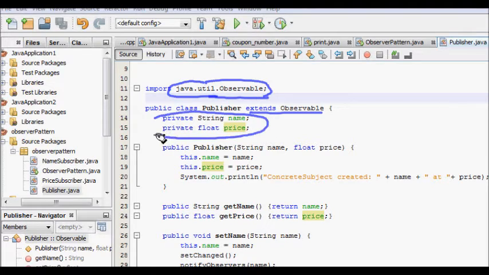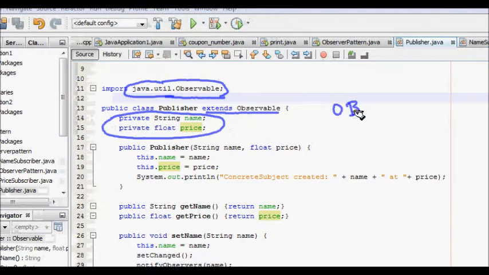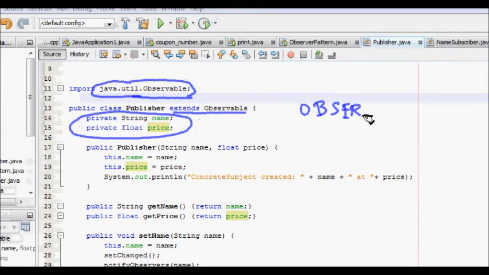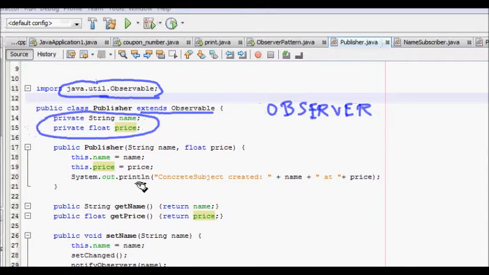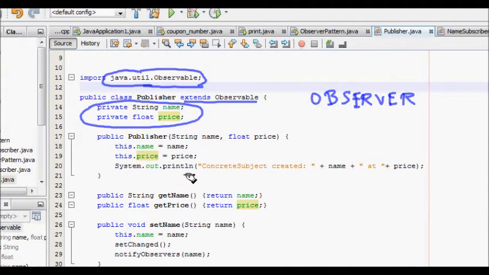You have to extend from this Observable class, and then you have to have your data. This is the data part that I'm maintaining, and whenever there is a change in this data, I will inform all my observers that the data has changed, so they should come forward.